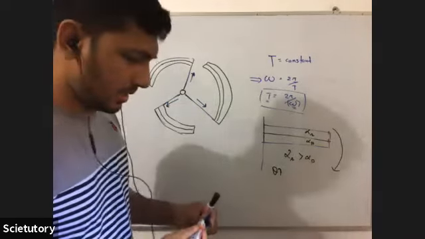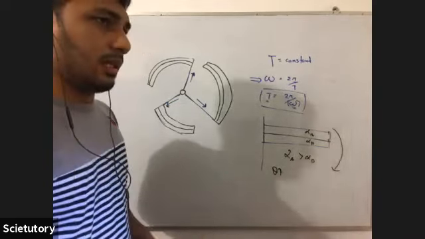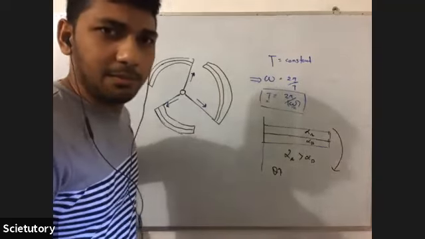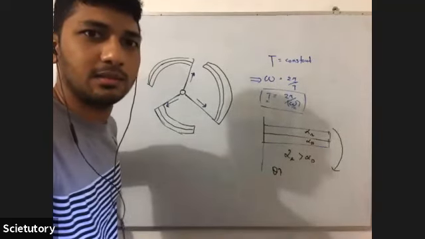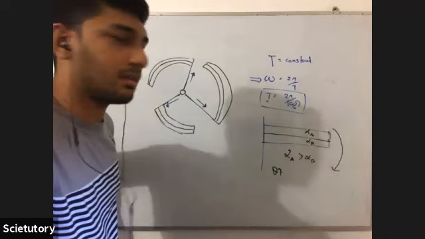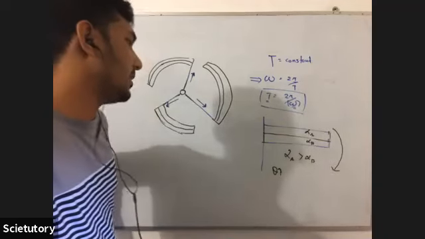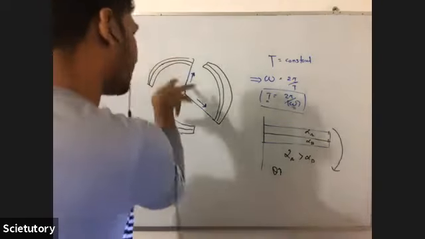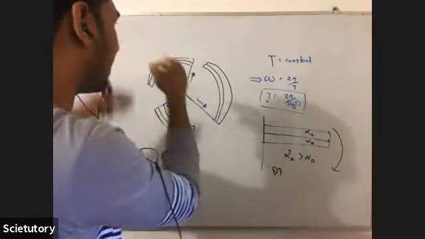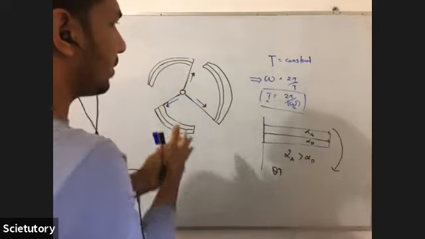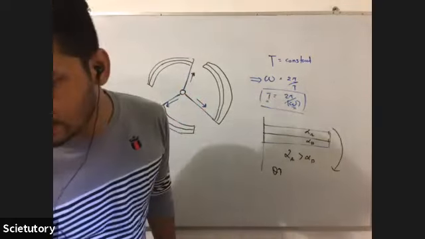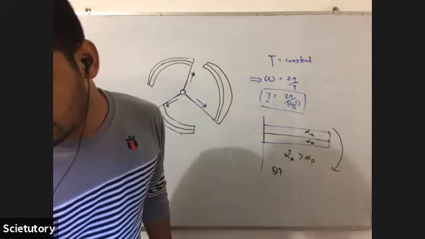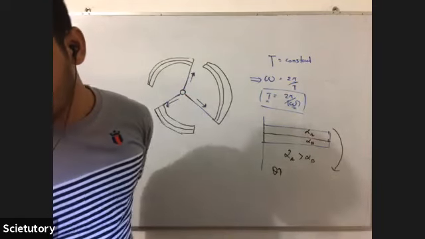So is it possible to maintain the shape when expansion occurs? No, it is not. The shape should change. It's inevitable, because when expansion occurs, the shape should change. There will be a distortion. So we can't take the second statement as correct. If there is expansion, the shape should change.